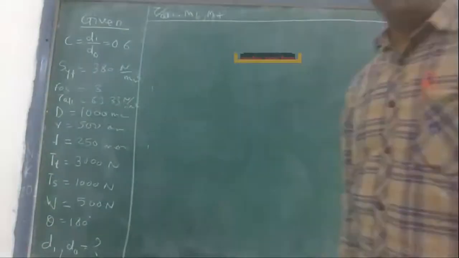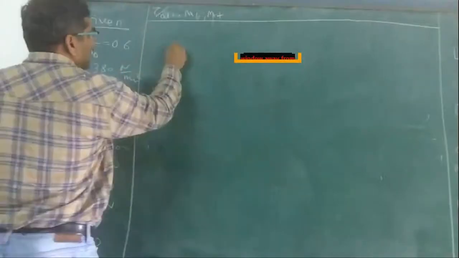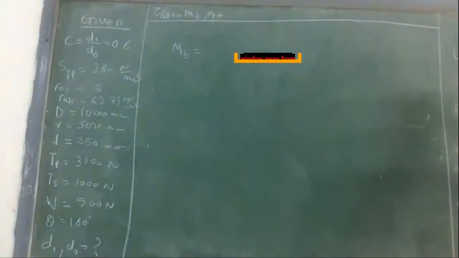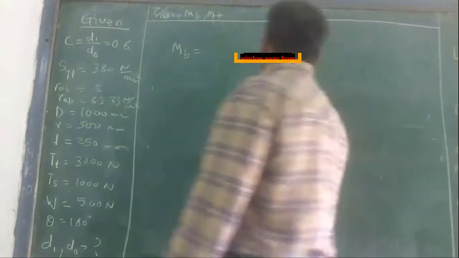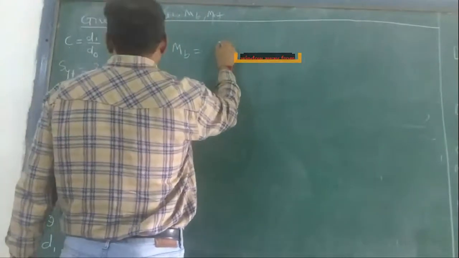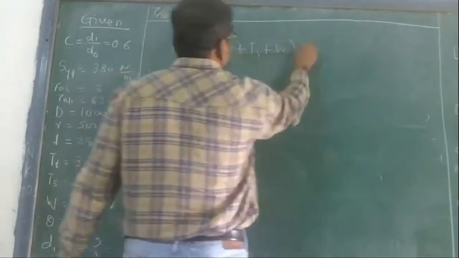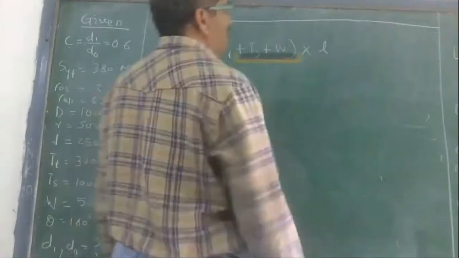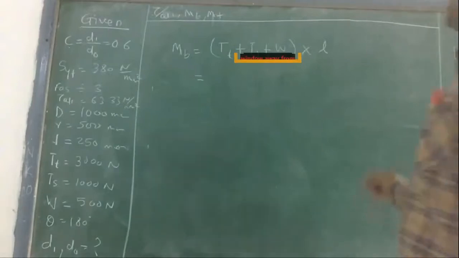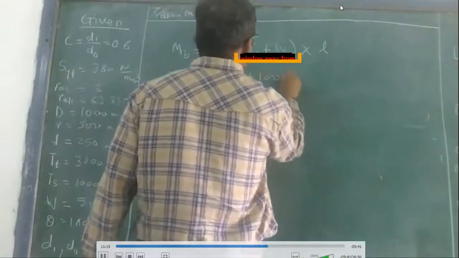Now we need to find the bending moment and twisting moment. First, let's find the bending moment. Tell me, bending moment at the bearing. When will the bending moment be maximum? Bending moment here will be 0, since it is overhanging. Here it will be maximum. The bending moment will be maximum at the bearing, and it will be P1 or Pt plus Ts plus W, into the distance. This is the bending moment, like the total load on the shaft multiplied by the distance, that is 250. What is the total load? This is 3000 tight side, slack side is 1000, plus 500.